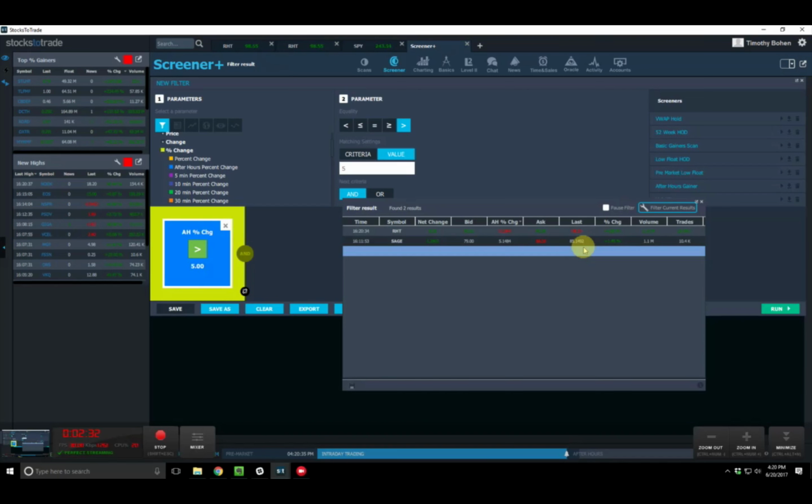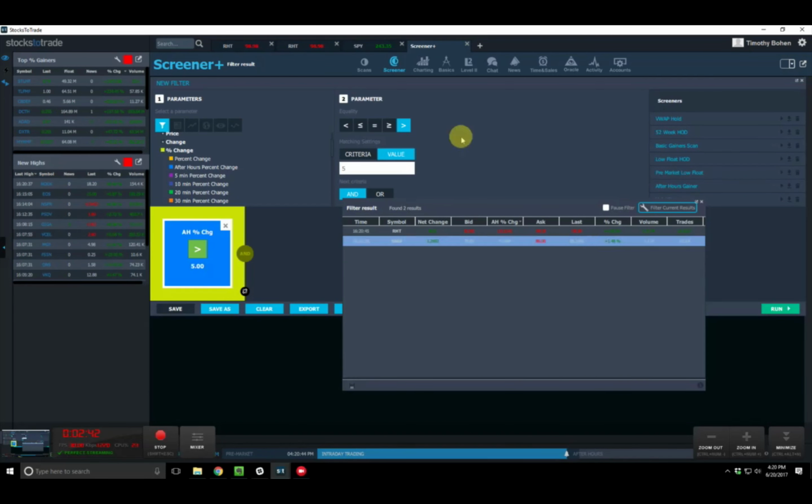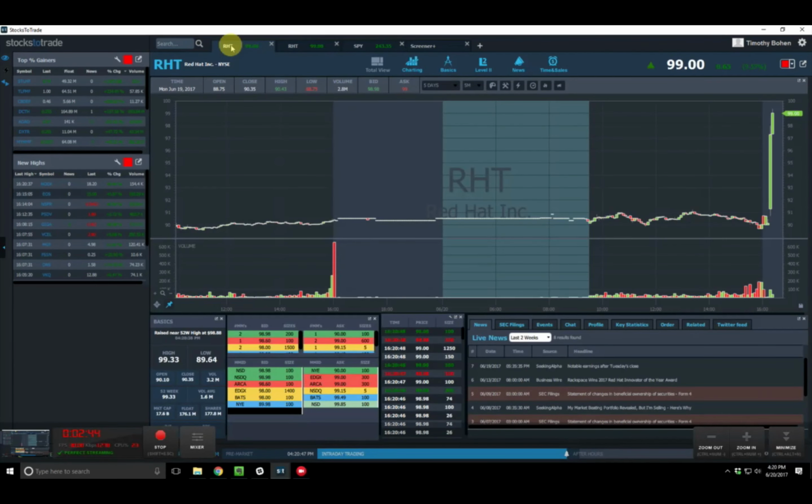Again, that's my criteria. You can tweak those as you see fit. You can look at every stock up more than 5% after hours, but that's how I drill down and find only the stocks that are moving. Red Hat looks like it's on a mission to get to 100 as we watch it. And then it is catching those stocks as they print